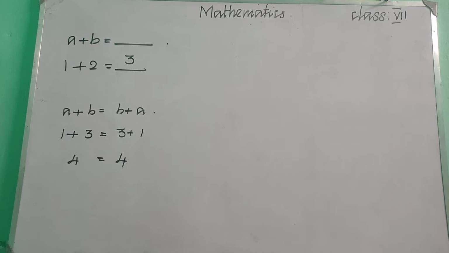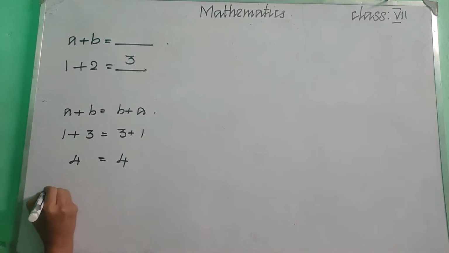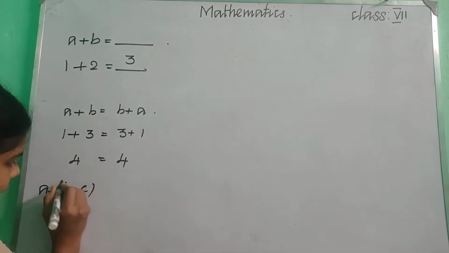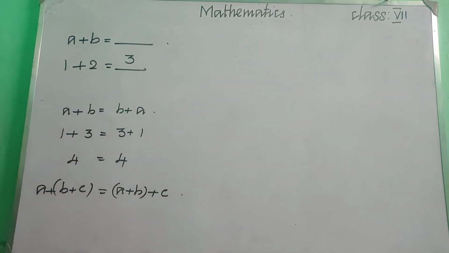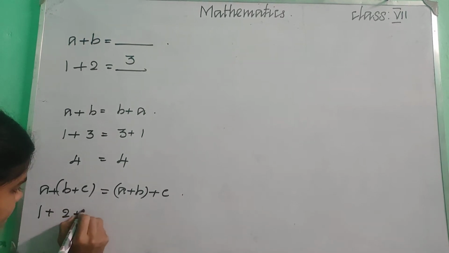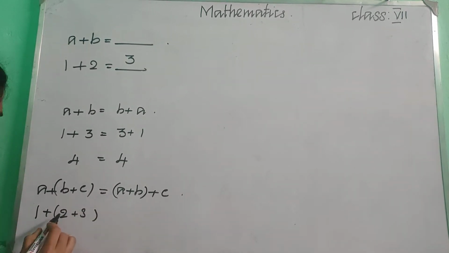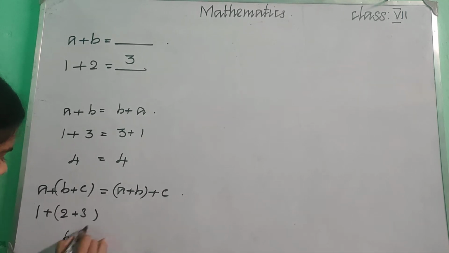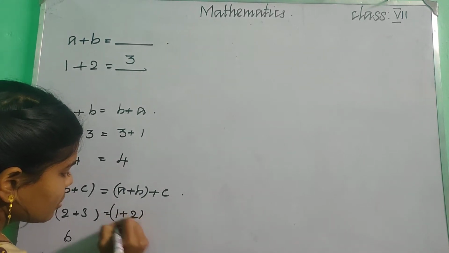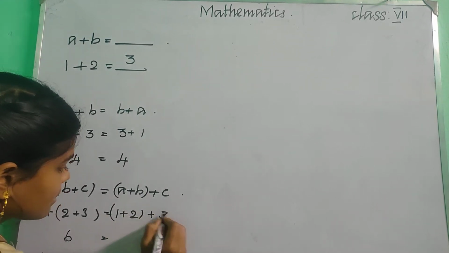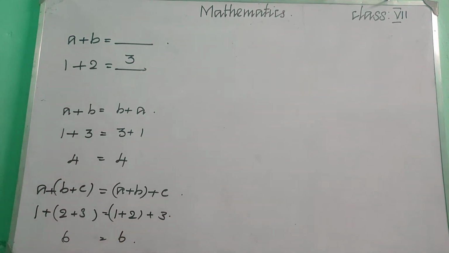So and then we have learnt about associative property, right? So what do you mean by this associative property? Associative property means A plus B plus C. Okay. A plus B plus C equal to A plus B plus C. Okay. If you are having 1 plus 2 plus 3, what will you get? What is the answer? 2 plus 3, 5. 5 plus 1, 6. Okay, we will get 6. And again, if it is A plus B and plus C, that means 1 plus 2. So that is 1 plus 2 means 3. 3 plus 3 is 6. Okay, we will get the same answer. So we can say the addition of integers is associative.